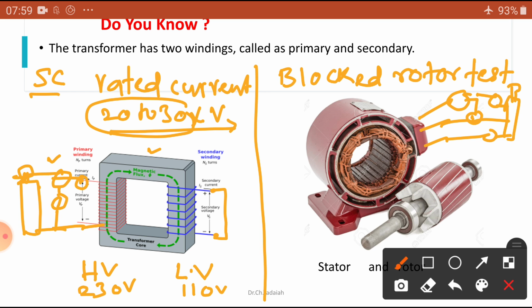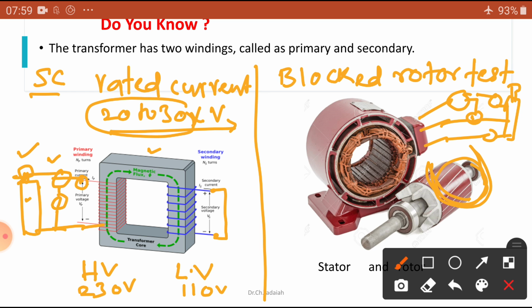Okay. Now, in this case what will happen? The rotor is blocked, it is tightened, by using the belt. So the rotor is unable to rotate; it is tightened and blocked. Now, in this case, similarly, whatever the current is given to the HV side,